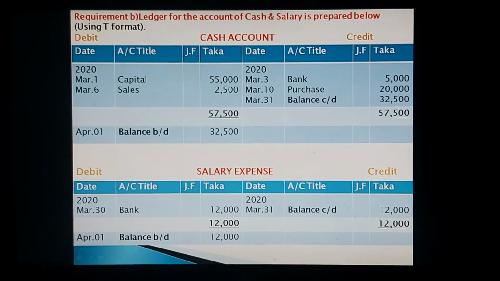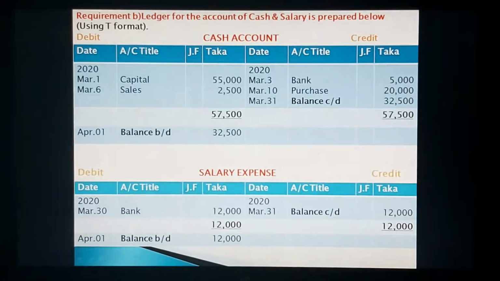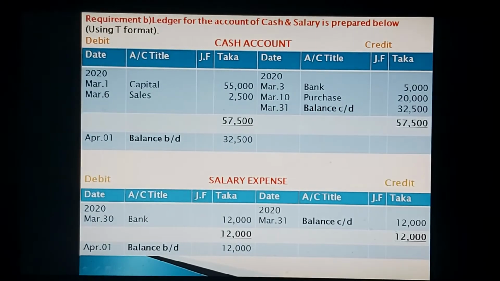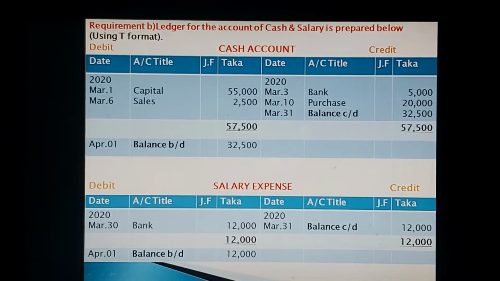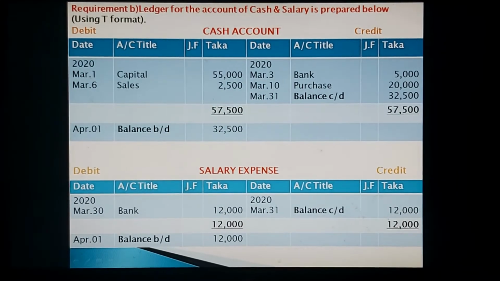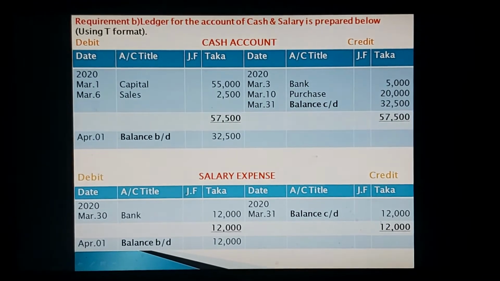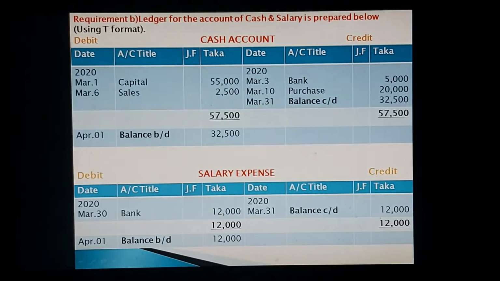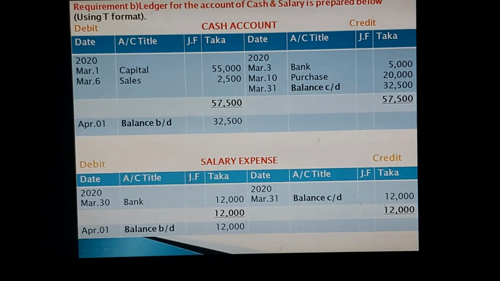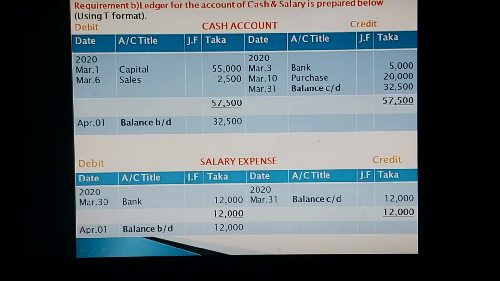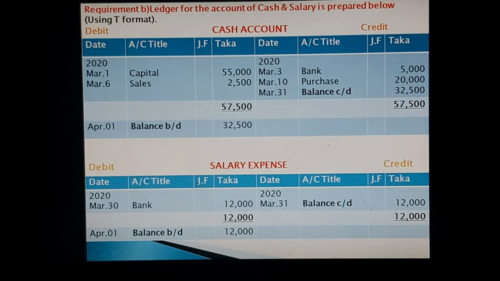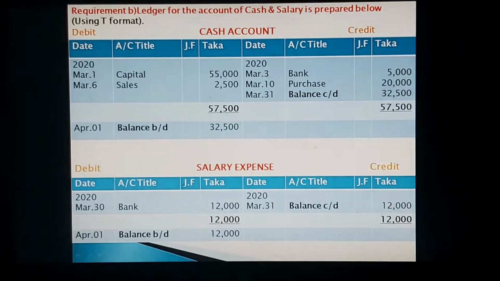Now how can it balance it? Total of debit taka 12,000, but no amount is available on the credit side. So the total amount 12,000 would be carried to the credit side. How to balance it? In a cash account, total amount of debit minus total amount of credit, then balance CD. And in this account, no amount is available on the credit side. The total amount of debit 12,000 is to be carried down at the end of the month,